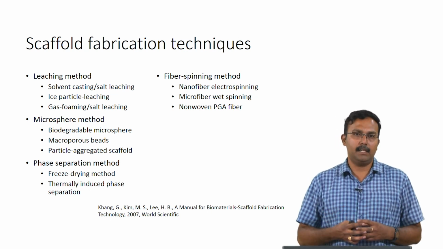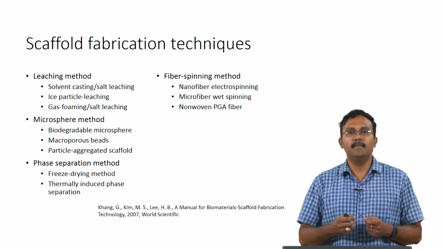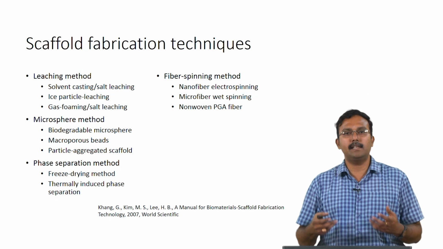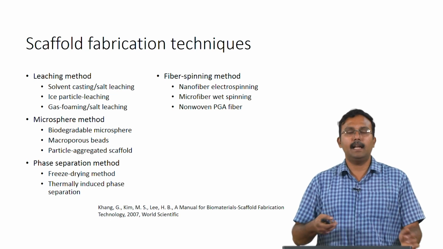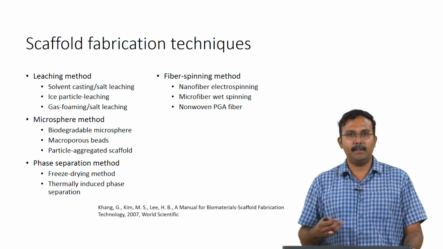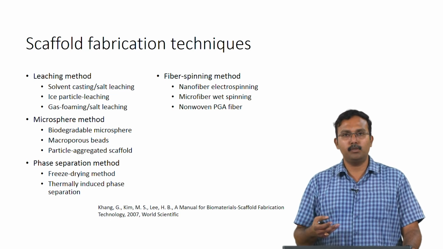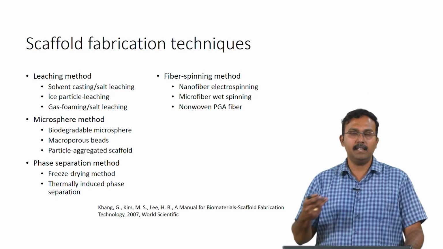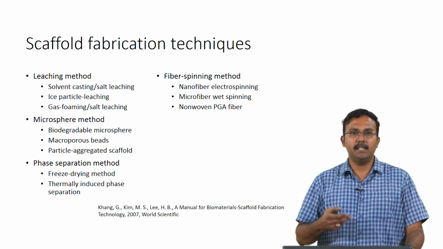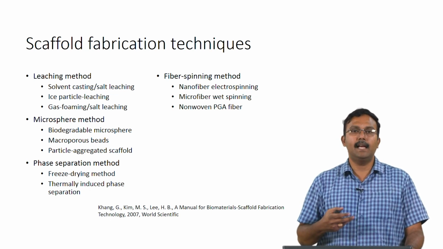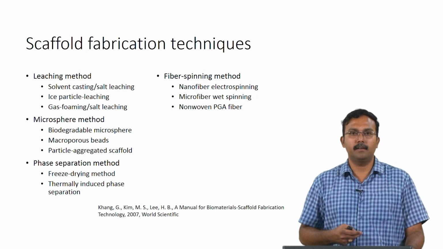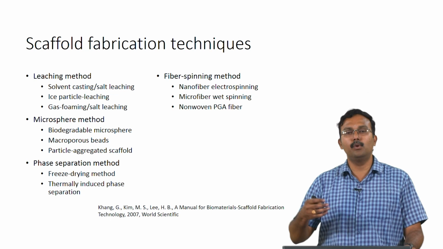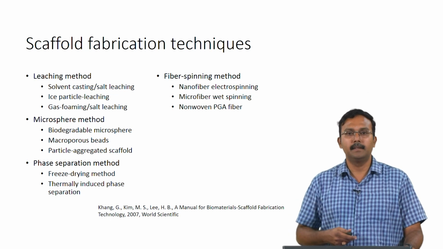In many of the extracellular matrix you have a fibrous structure. So, creating a fibrous structure using these kinds of spinning techniques can actually mimic ECM very effectively. In case of electrospinning, where you create nanofibers, you would also have a significantly large surface area to volume ratio, which can help in cell adhesion and proliferation. So, we will talk about electrospinning strategy and look at how those scaffolds will look like as well.